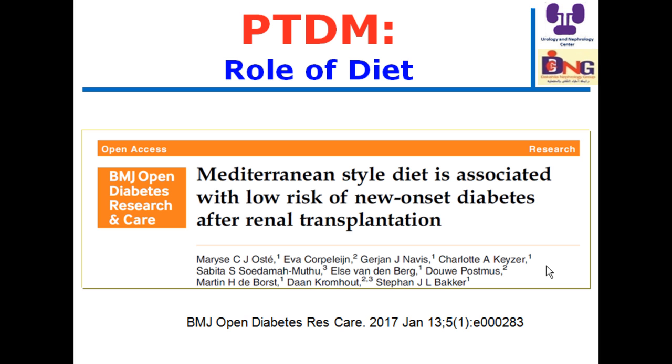Regarding the role of diet, the diet is important because the degree to which the consumed diet resembles the traditional Mediterranean diet was calculated. This is interesting data because it looked at the Mediterranean style diet. So 9 points of Mediterranean diet score. The score includes 9